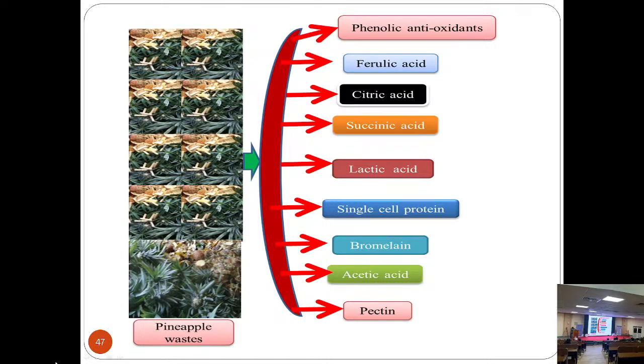From my lab, all sorts of compounds have also been produced, such as lactic acid, bromelain, and pectin, produced through biotechnological tools. And there is a huge scope for citric acid, and also a huge scope for lactic acid. So all sorts of compounds can be produced from this pineapple biomass, and through the help of microbiological or biotechnological tools, all the steps are standardized in my lab also. Next.